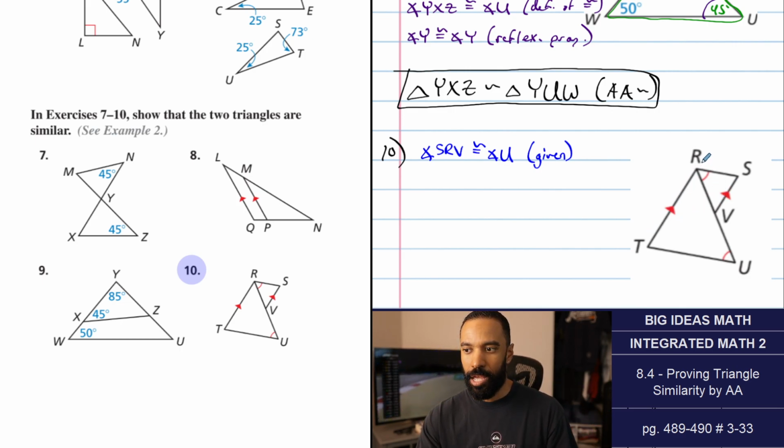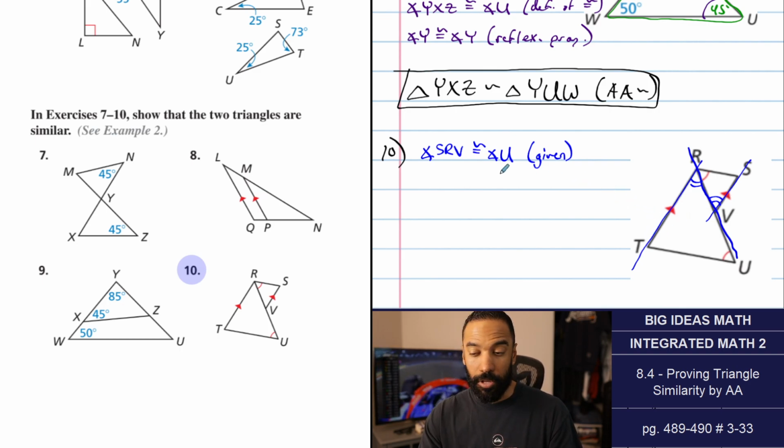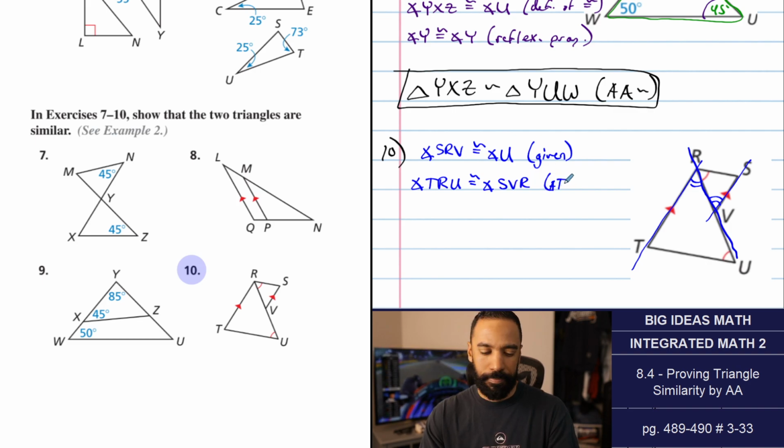I'm not writing this out, but I got two parallel lines cut by, for example, a transversal, and I want to use this transversal here because I want to use an angle in this triangle and an angle in this triangle and match them up, say they're congruent, using alternate interior angles. So that's angle TRU. TRU in that triangle is congruent to angle SVR in this triangle, as their alternate interior angles when,